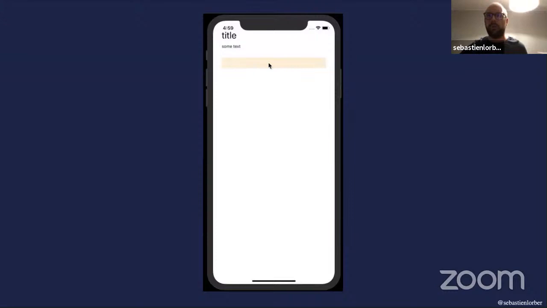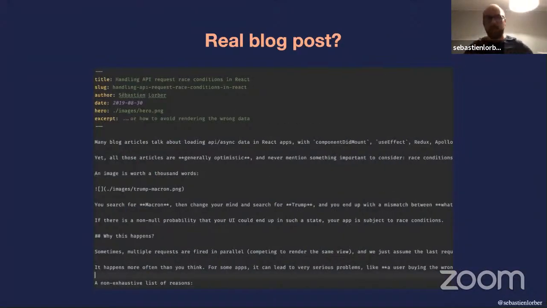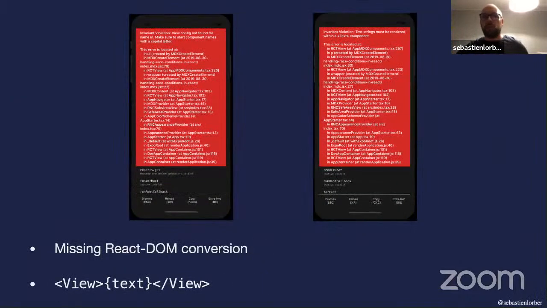But can we run a real blog post, for example, a blog post that I've written? I wanted to see if it was possible to render it on React Native. I tried to do the same thing that I did just before with this blog post, and obviously it didn't work. The most common errors I got were missing conversions from DOM elements